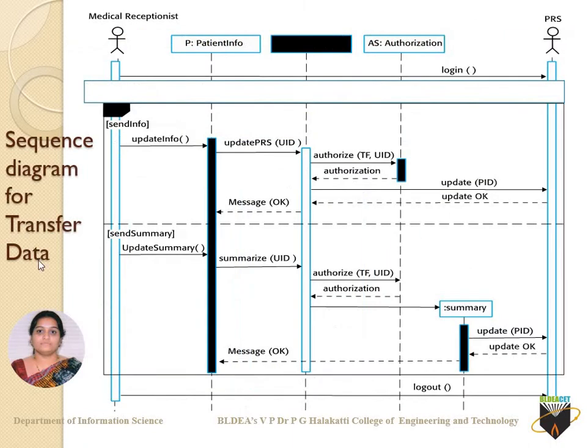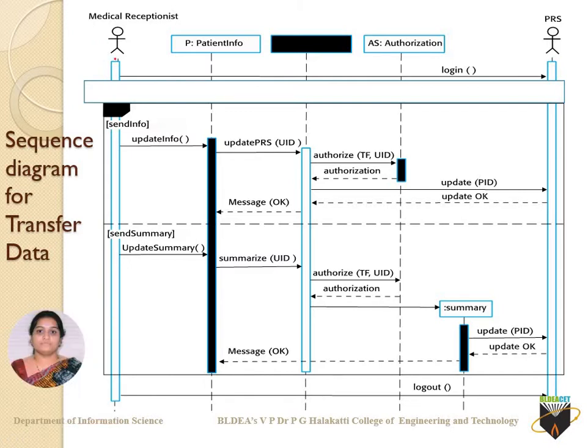Let us come across one more example of a sequence diagram, for when there is a transfer of data. Here the considered objects are, you can consider it as patient info. Then there happens to be a database connectivity, so that's why it is not named here. Then comes an authorization. Between who, as actors, is this transfer of data happening? The transfer of data is happening between the medical receptionist